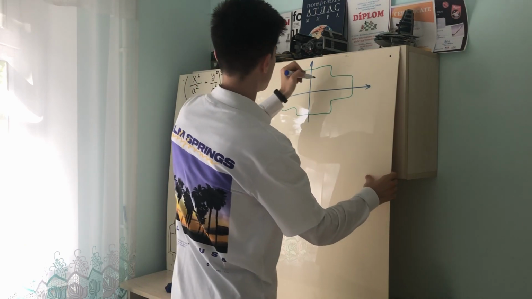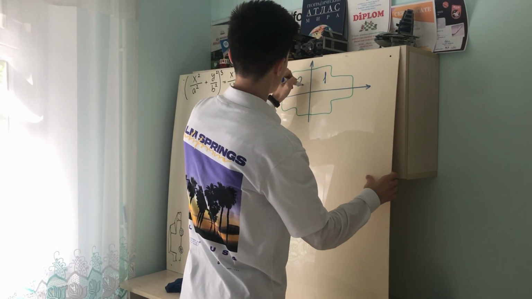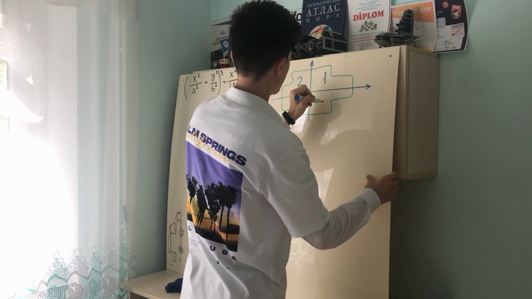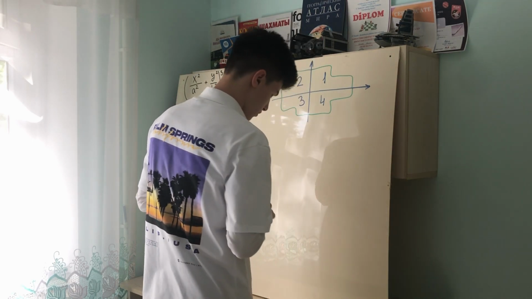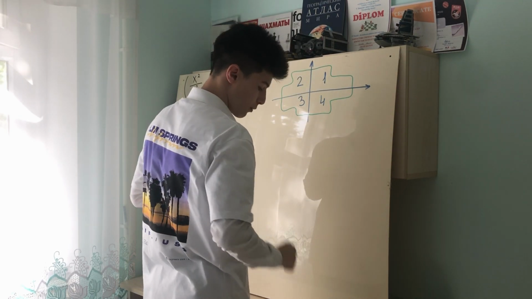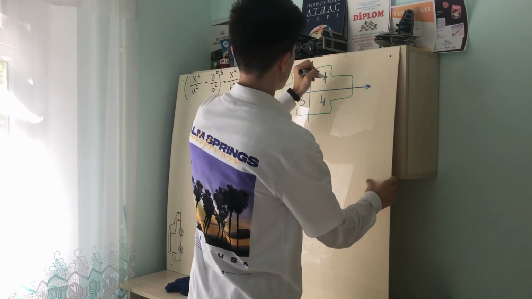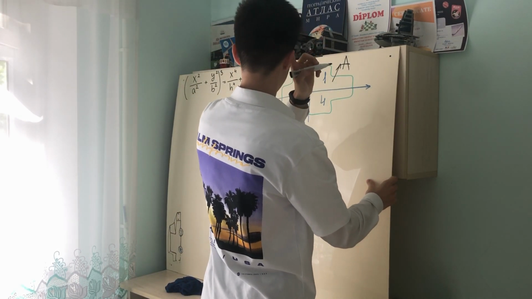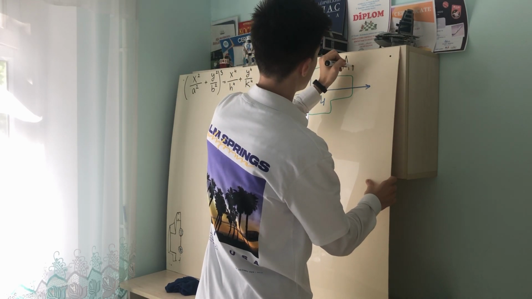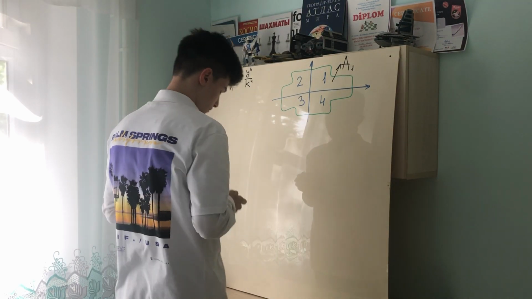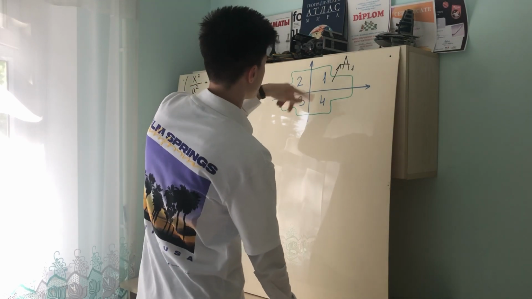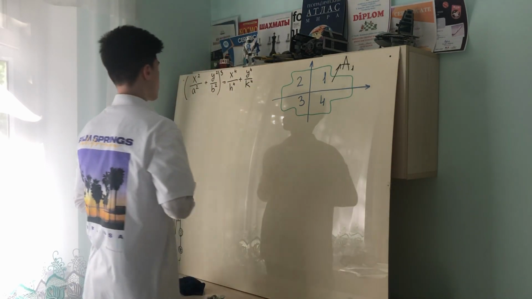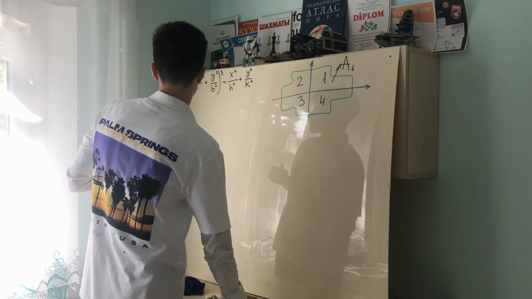So let's consider this part as 1, 2, 3 and 4. And now we will solve this part, which we can call area 1, and at the end multiply it by 4. So to simplify,